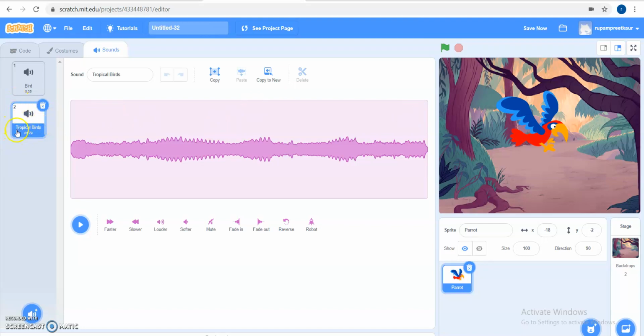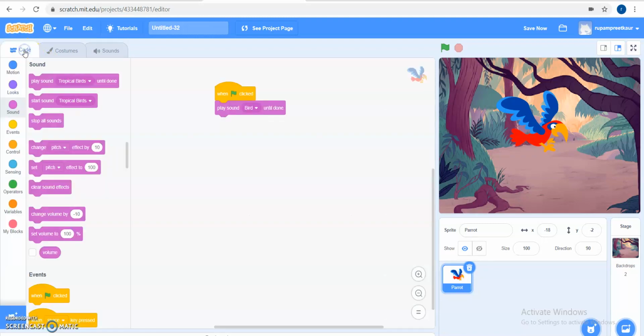You can see it is on second number. So if I want to add the tropical bird sound in my program, I will first click on the code tab from the block palette, and then see this block, play sound bird until done. I will click on this drop down button.